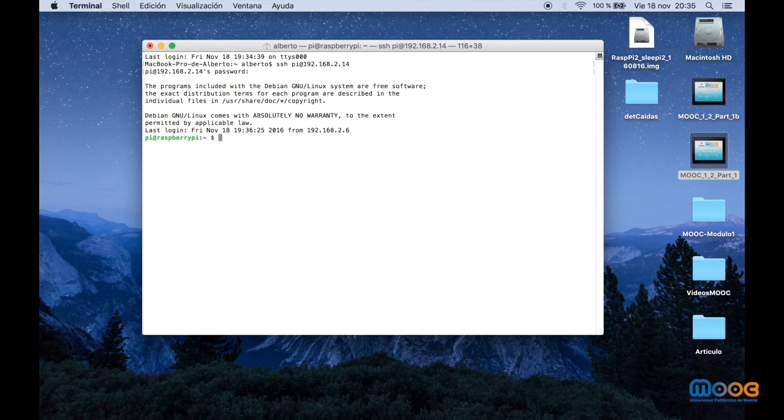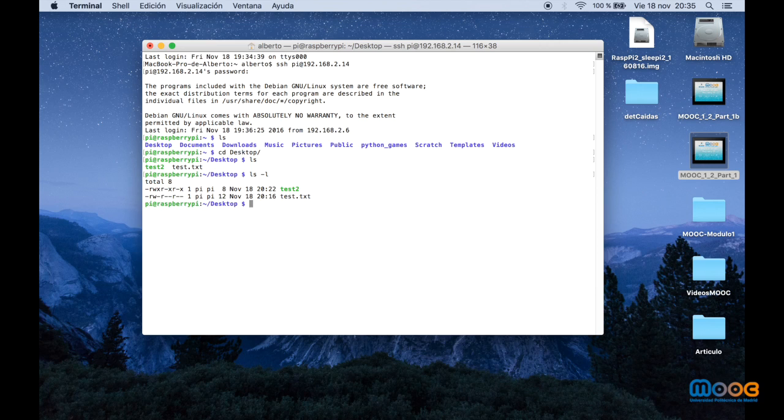Okay, and I'm already on the Raspberry. I can type ls. If I go to the desktop, I can see the files that I have just created before. I type exit to log out.